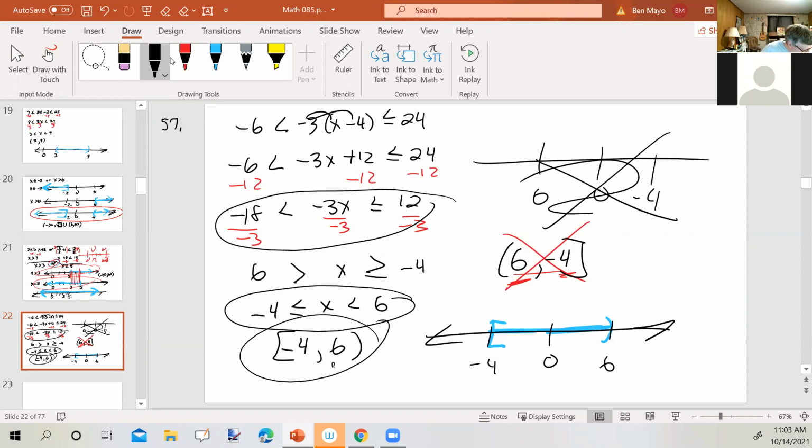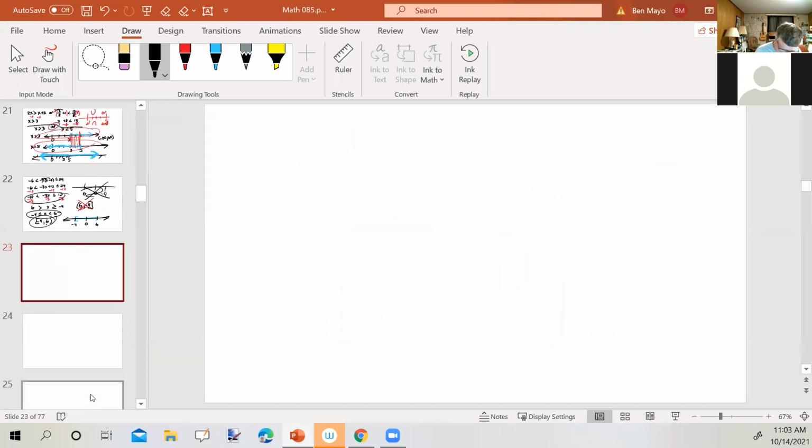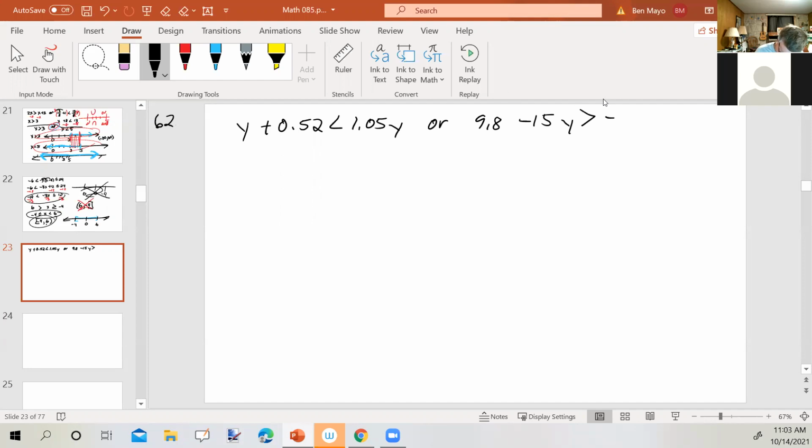All right, let's take a look at one with some decimals. This is 62. So we've got y plus 0.52 less than 1.05y, or let's see here, 9.8 minus 15y greater than -15.7. Okay,